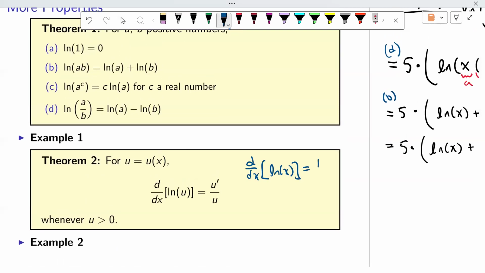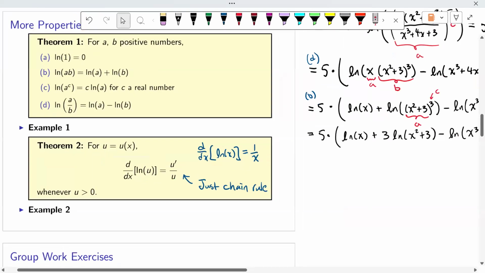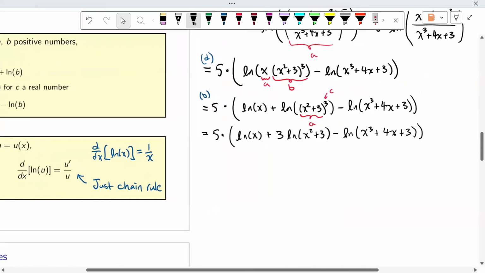So if you were to take the derivative of natural log of u, it would just be 1 over u, but then you have to multiply by the inside, which is u, so you have to multiply by u prime. So this is just the chain rule. It looks like it's something more sophisticated, but it isn't. It's just the chain rule, but it's a nice thing to remember. So if you ever have to take the derivative of natural log of something, it's just, take the derivative of the thing on the inside and then put the original thing back underneath it. So let's do an example to illustrate this.